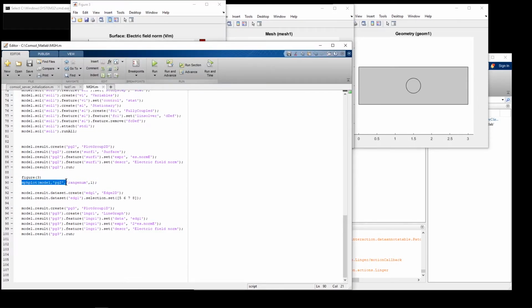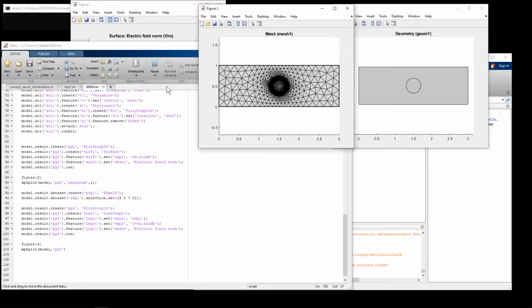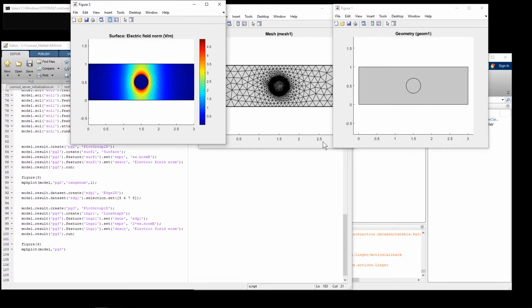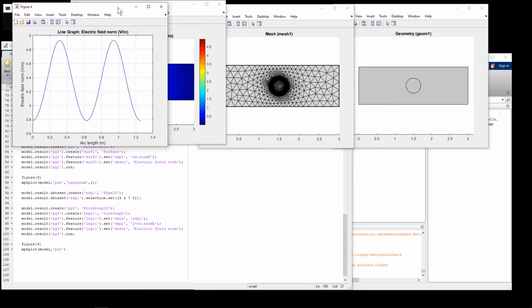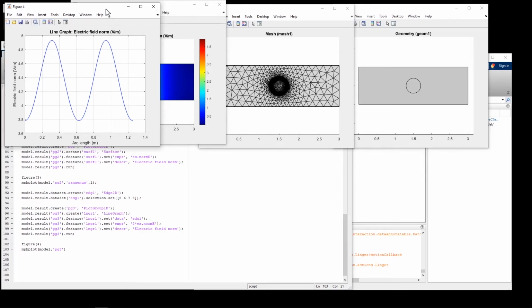I can do the same thing for the line graph. So let me add this one here. This one should be PG3. And then another figure 4 maybe. So if I run this one, this is the geometry, here is the mesh, this is 2D surface plot of electric field, and this is 1D plot of the electric field over the perimeter of the circle, 2 times that. Okay, so we already know how to plot them,